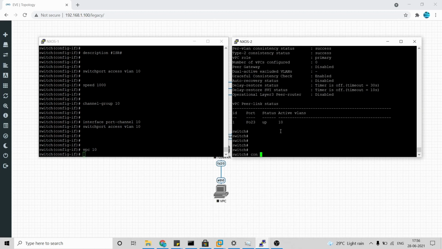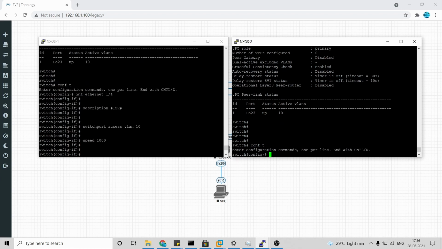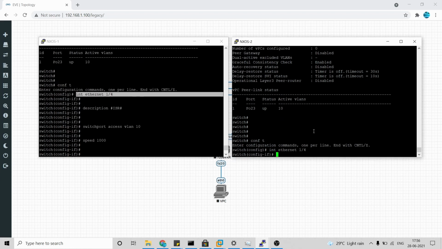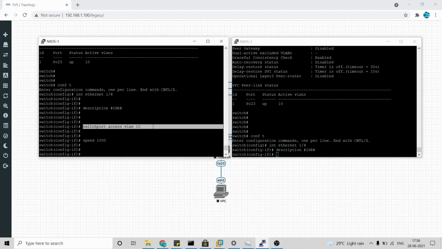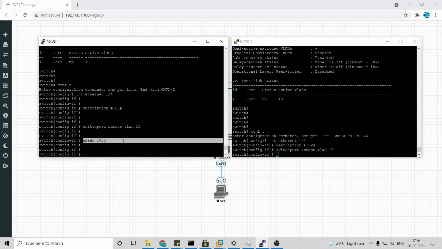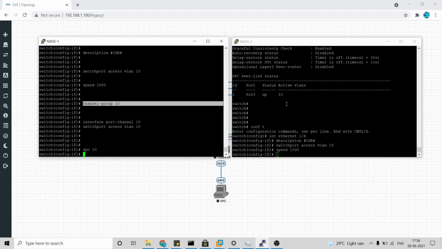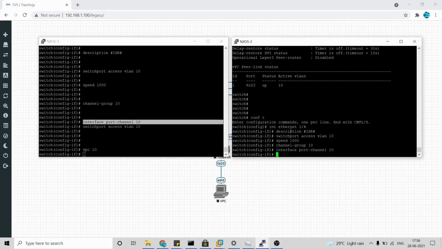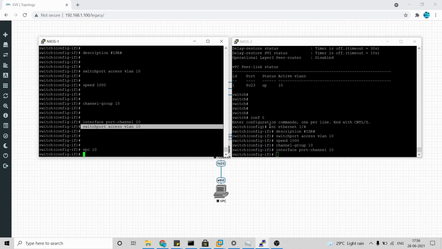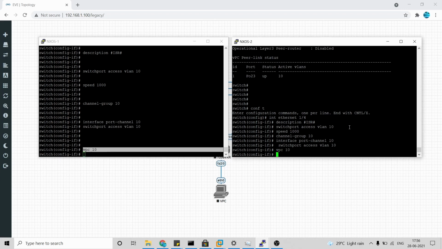So I'm going to do the same thing here. As it's all the same interface, it's easier to configure. The channel group is configured, then the port channel interface configuration is done, access and the VPC interface configuration.